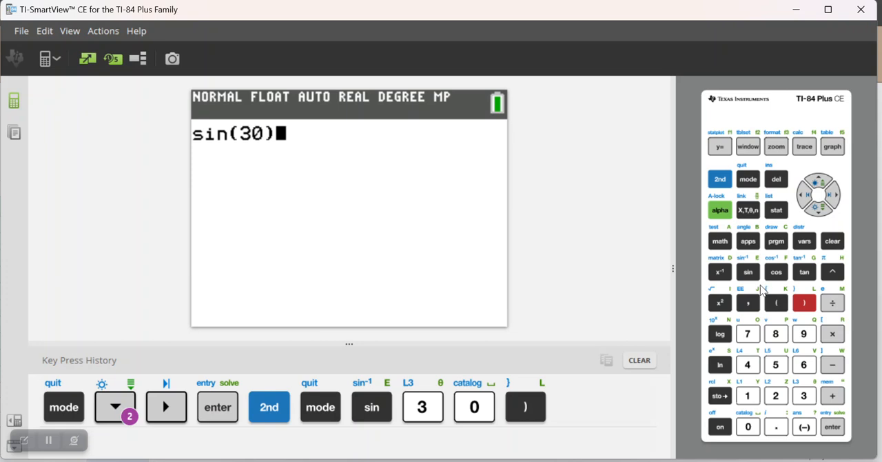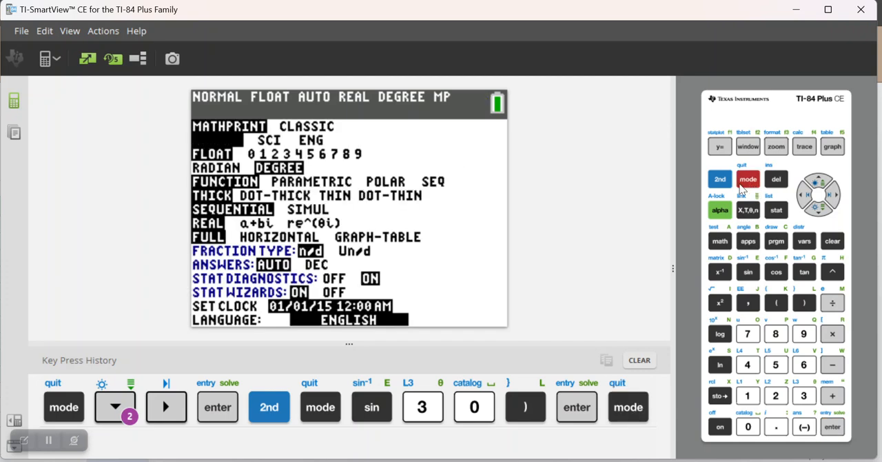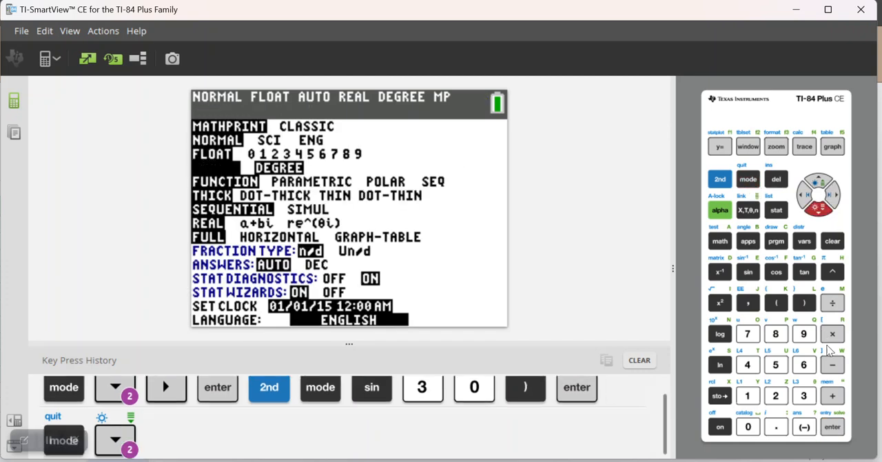And now, when I evaluate trigonometric functions, it will assume that I am in degree mode because that's the mode I told it to use. So sine of 30, this is calculating the sine of 30 degrees. If I go back to mode and I change it to radian,